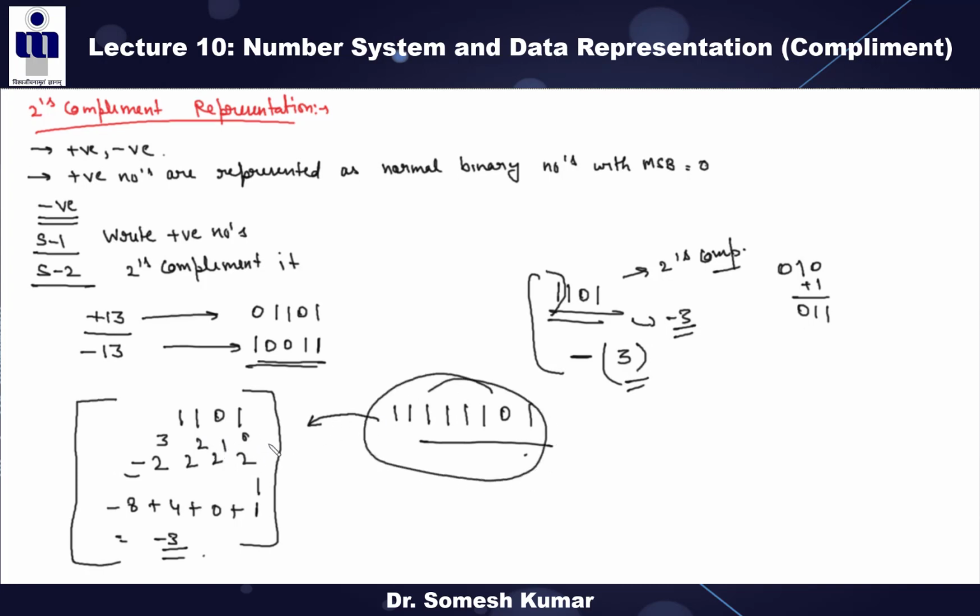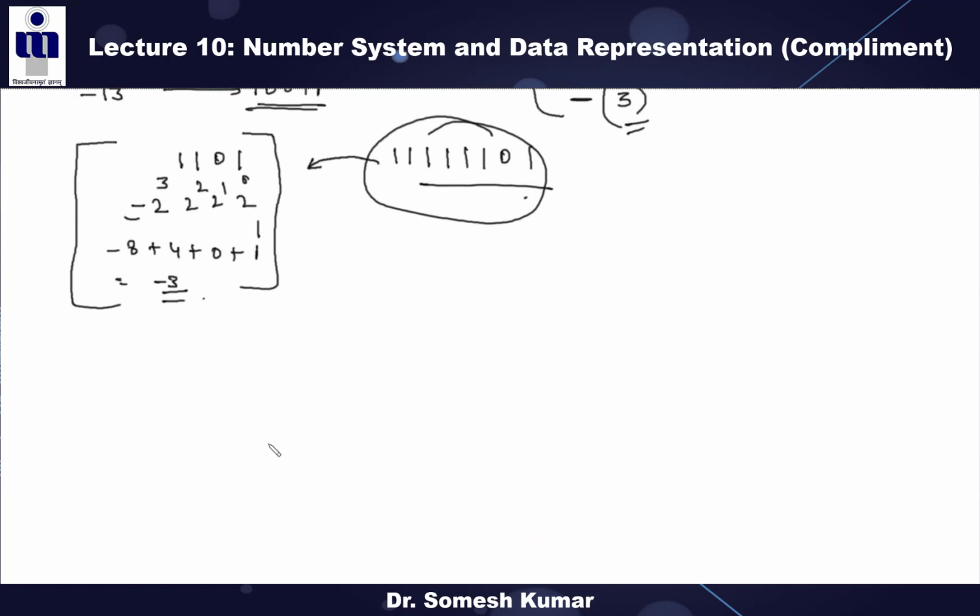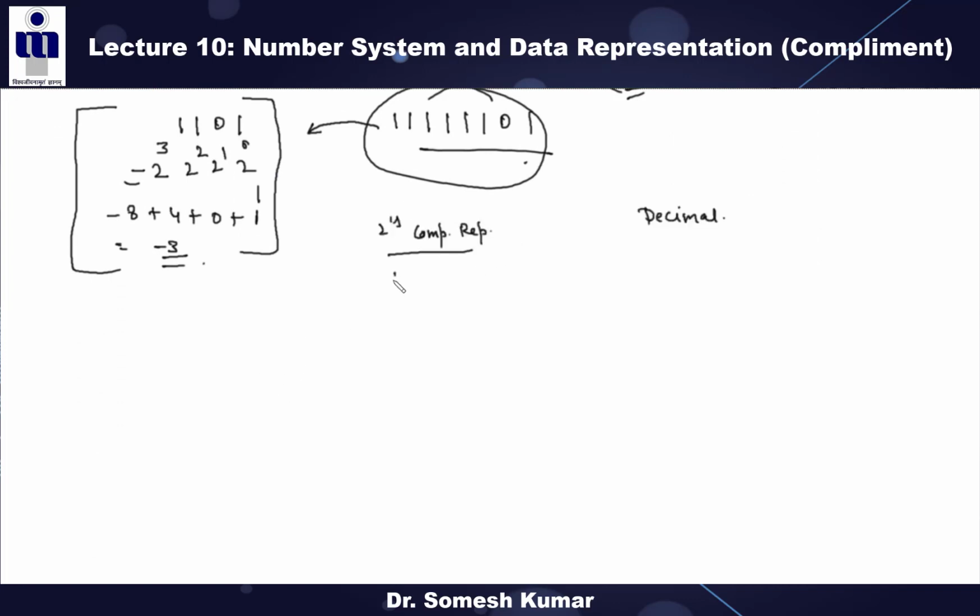Now again we will discuss the range of this 2s complement representation. What is the equivalent number of this? Plus 0, this is plus 1, we can go up to this, what is this? Plus 7, right? And what about this? Minus 7? Minus 7 or 8? This is not minus 7, students. This is minus 8.